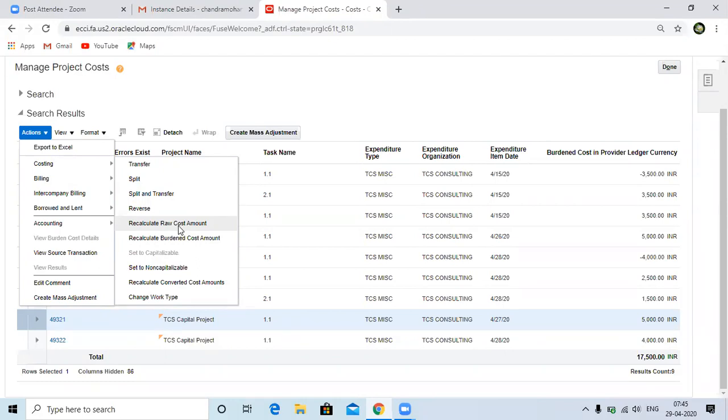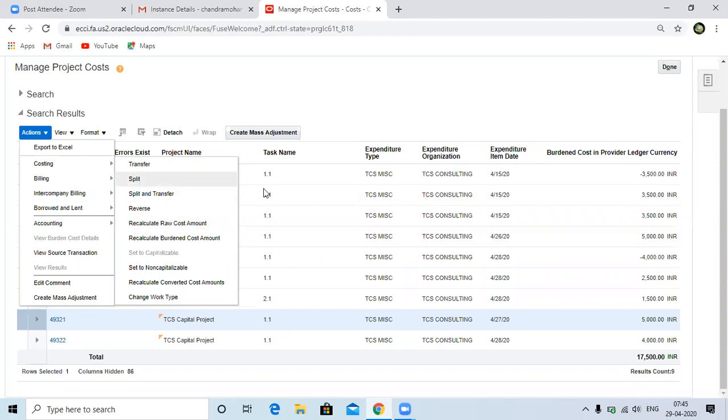So initially you have created some expenditures and we have already calculated the cost based on some of the rate schedules. But at a later point, you know that the rates given in the rate schedule are wrong. Okay, so you are modifying those rates. You have modified the rate schedules, and after modifying them, based on the new rates, you need to recalculate. You need to calculate the cost for these particular expenditures.